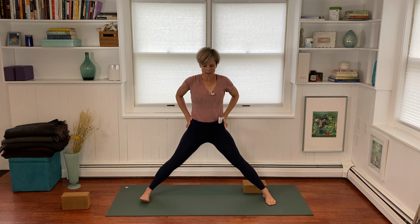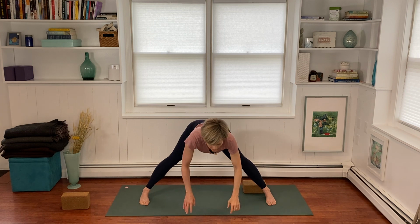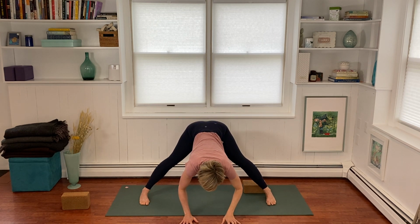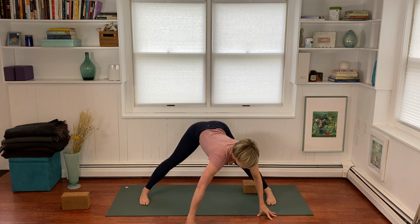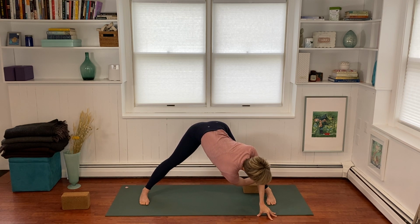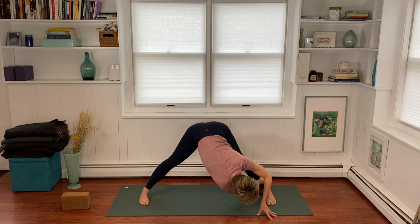One more time, parallel the feet. Hands to the waist, lift the chest up, and then hinge forward as you lower down. One more time, lift the chest up, come up halfway. And now pivot to the left foot, take your right hand to the outer left leg, your left hand to